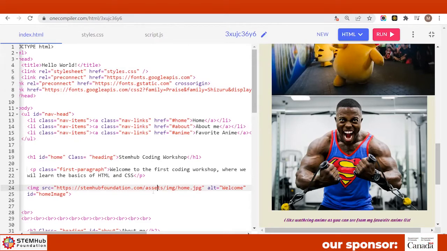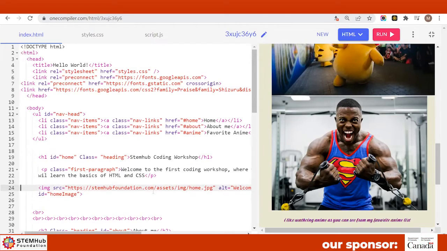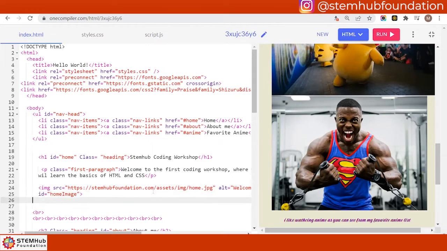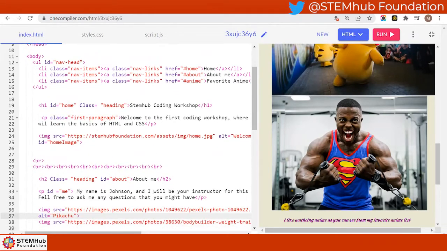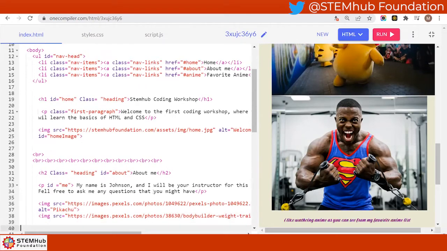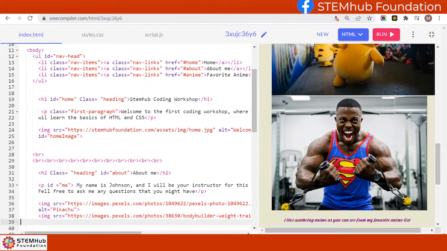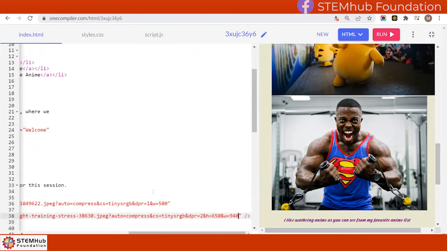So for the sake of being able to see it on the screen, I'm going to go over here after the image that I put here. Well, this is STEM. I'm going to do it to the Superman one here. I'm going to go to the end of this image right here.